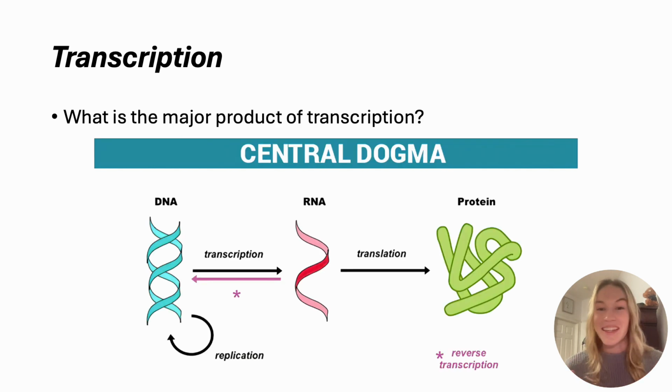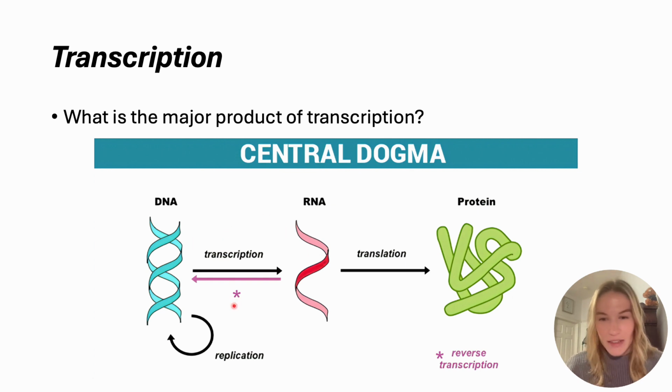So you're going to see this slide again and again and again because this unit really could be renamed the central dogma. The idea that we move from DNA to RNA to protein. Now, there are some caveats that we are going to see throughout the whole unit, some things that are exceptions, but generally speaking, this is what we see in a cell. We've already talked about DNA replication. That's what this part is showing right here, using DNA to make more DNA. Today, we are going to be talking about transcription, which is making RNA from DNA.